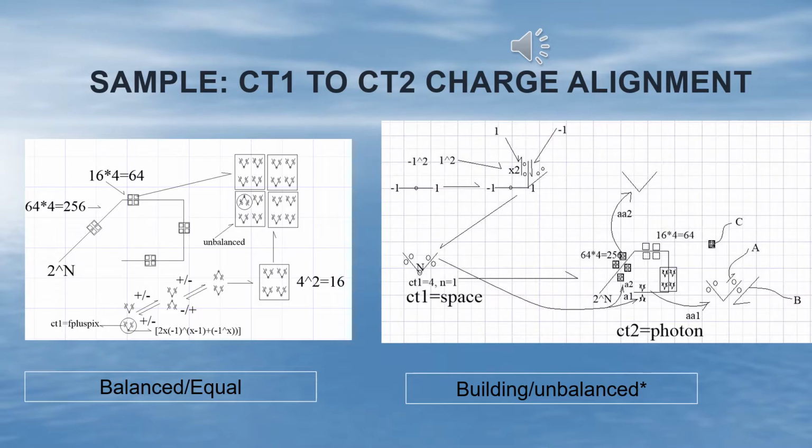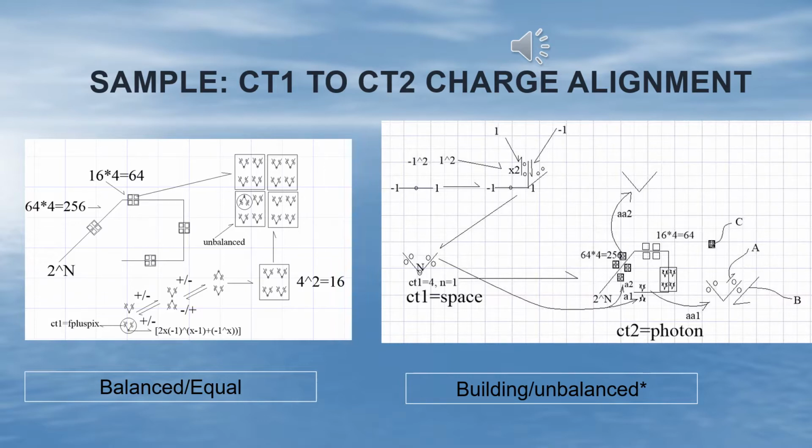There's a lot going on in the next slide. It shows an example of charge alignment, but it also shows how space is converted into photons, which is the first step in space turning into matter and even black hole material. It should be understood that this is a two-way process, so that the conversion can go both ways, as compression and as decompression. During this process, space is actually trapped within a matrix, and when the space is released, it carries the photons with it, and this is what we observe as travel at the speed of light.